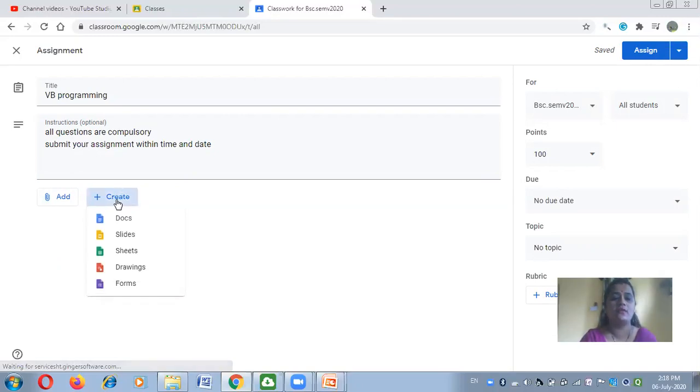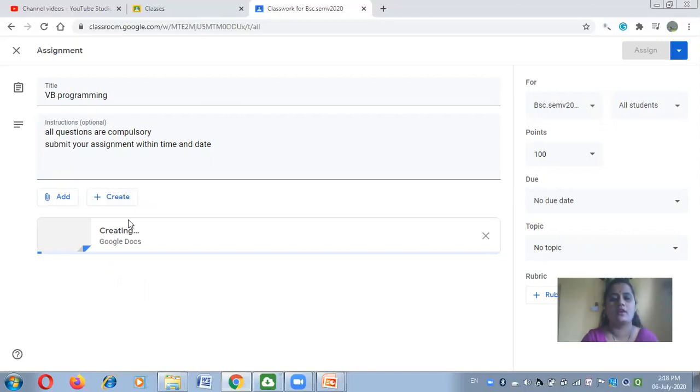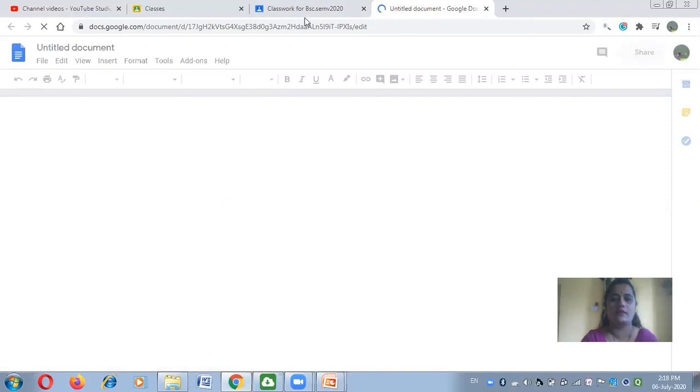The assignment in what form? In the form of Doc, or Slides meaning PPT, or Sheet meaning Excel sheet, or Google Form, or Drawing. I am going to create my assignment in the form of Google Doc. So here Google Doc appears.